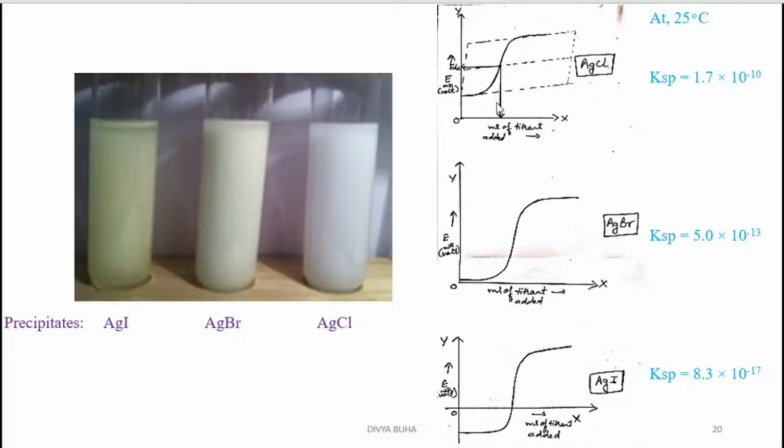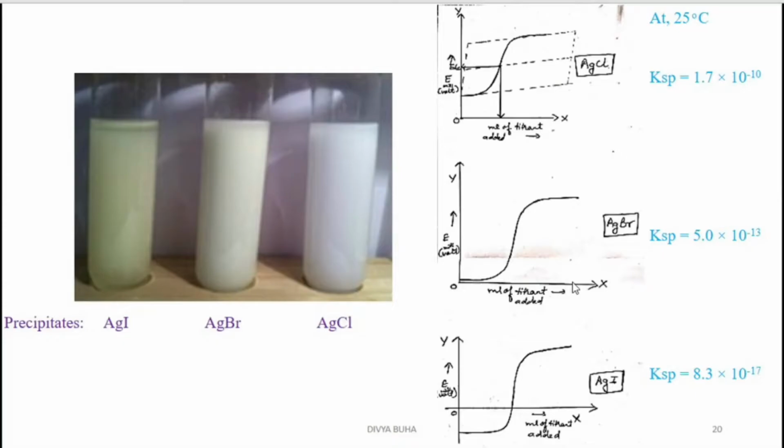Because in the case of silver chloride, the readings would be very far from zero. In the case of AgBr it would be very close to zero, and in the case of silver iodide the initial readings would be negative, then it would get to zero, and then it would be on the positive side. And the third thing is you can even get to know from the final answer which you get, that is the KSP, the solubility product. For silver chloride, the solubility product is in 10 raised to minus 10. For silver bromide, it is in 10 raised to minus 30. And for silver iodide, it would be in 10 raised to minus 70.